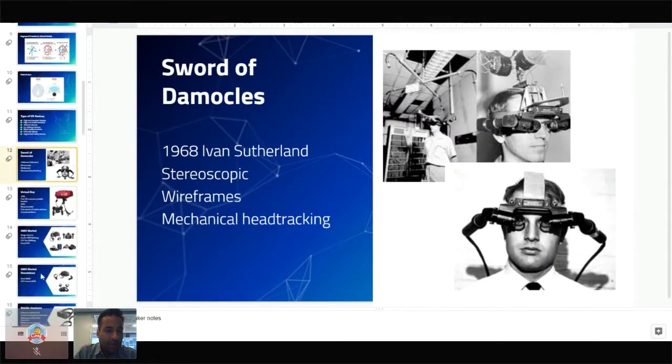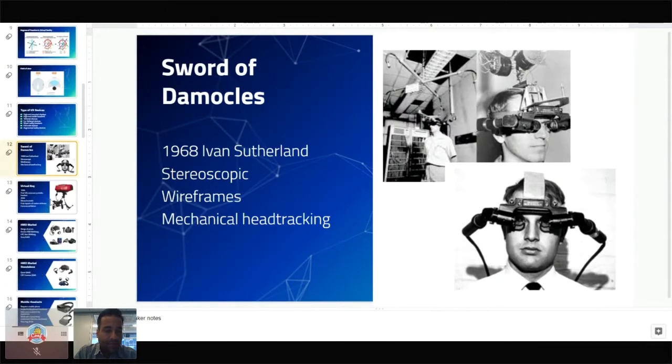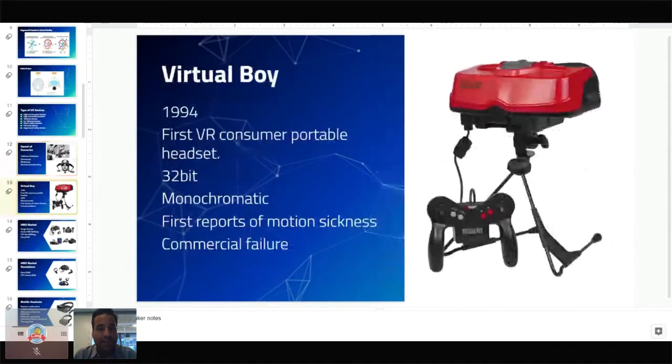And then the first virtual reality consumer product was the Virtual Boy. I don't know if you guys were around this time, some of our audience, I'm sure that you were. But if you had access to this, you were very lucky, a very, very popular person in your school.